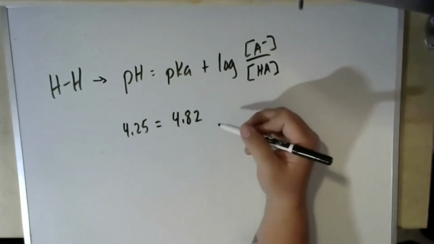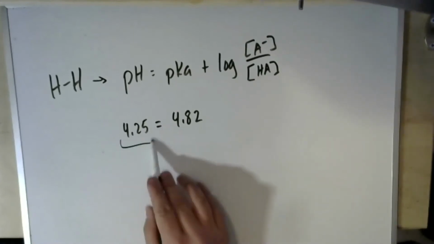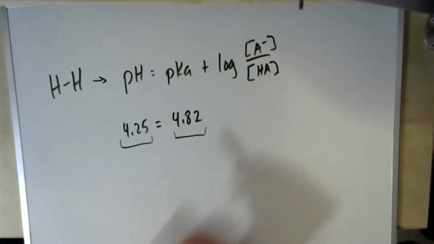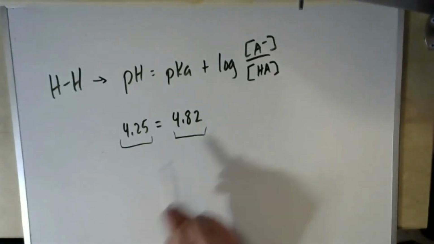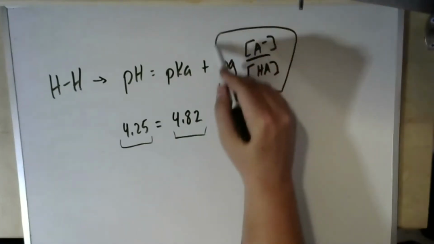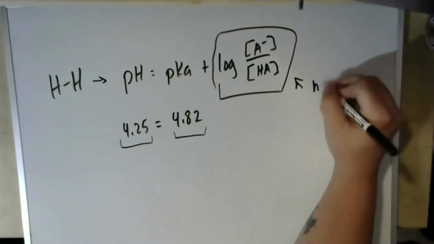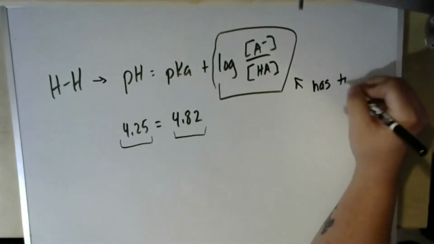So obviously, if our pH is 4.25 and our pKa is 4.82,